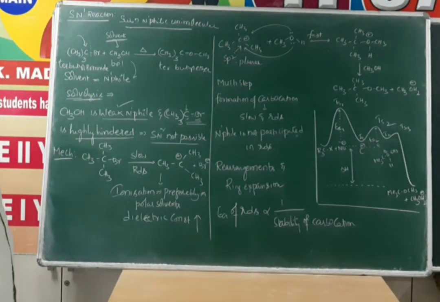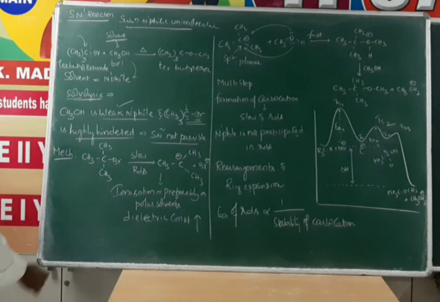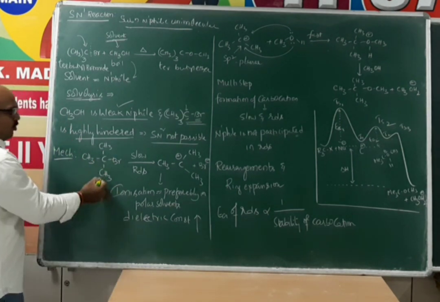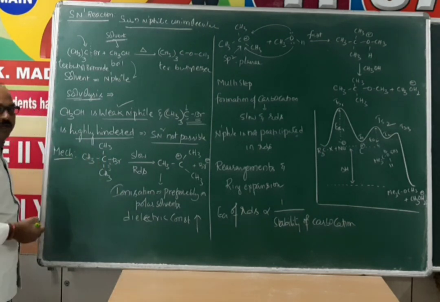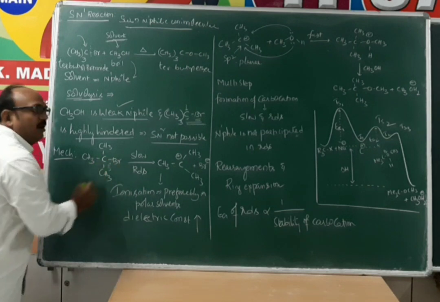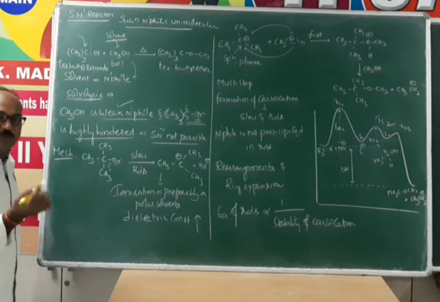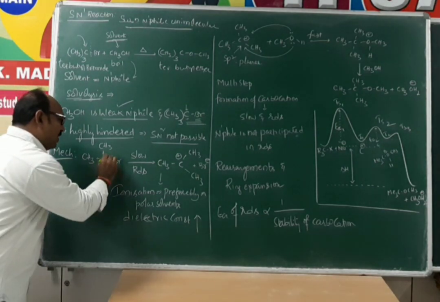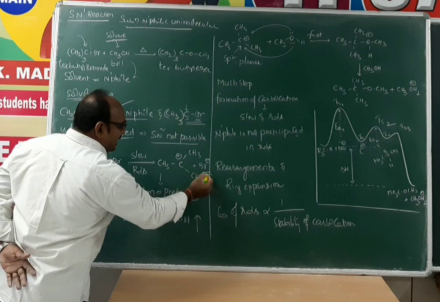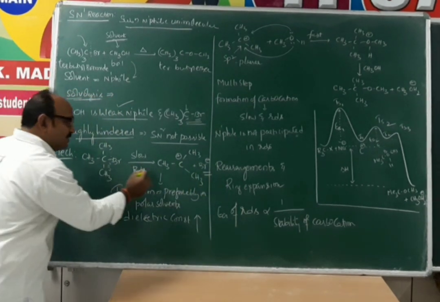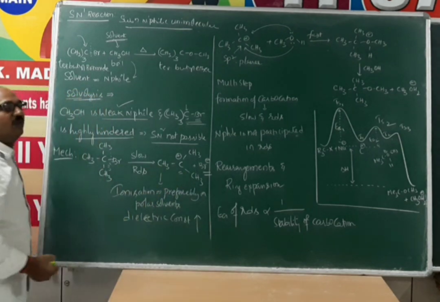So remember that point. Now let us see how this mechanism proceeds. First step, tertiary butyl bromide, because the leaving group containing carbon is a tertiary carbon, the C-Br bond readily undergoes solvolysis. Because of the solvent, this bond is going to break and the leaving group comes out by taking the electrons as Br minus and leaves one carbocation. What is the intermediate here? It is a carbocation.